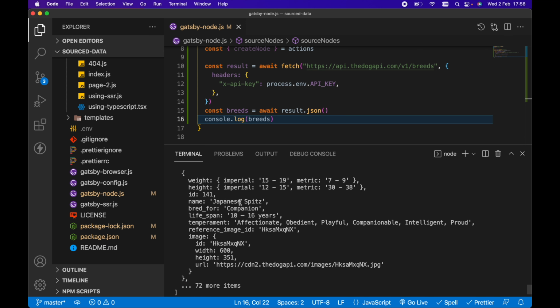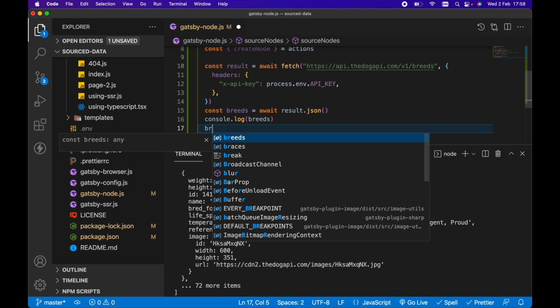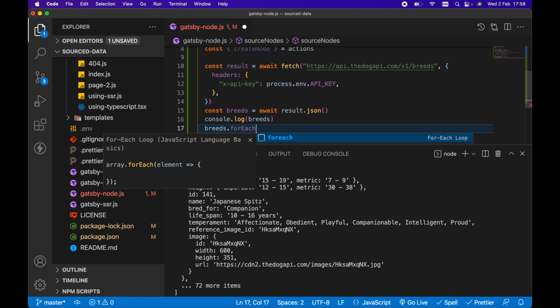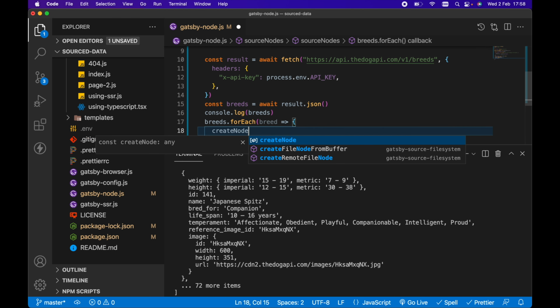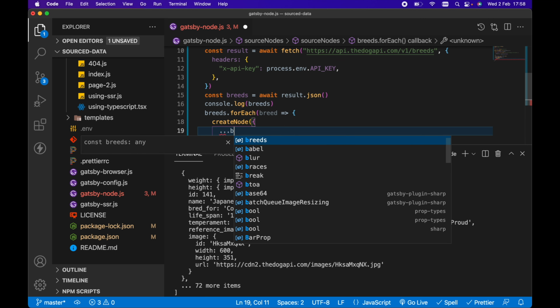And we can see this last one in the console log before the 72 more items. We've got a bunch of data for this particular dog breed. So what we need to do now is map each of these items in the array to a node in Gatsby. So that's really simple to do. All we need to do is go breeds.forEach. So for each breed, we want to create a node, and we want to use the spread operator here